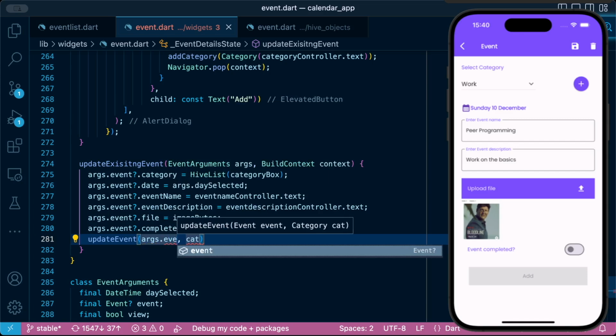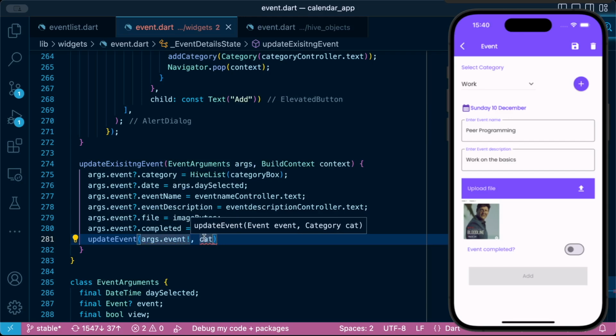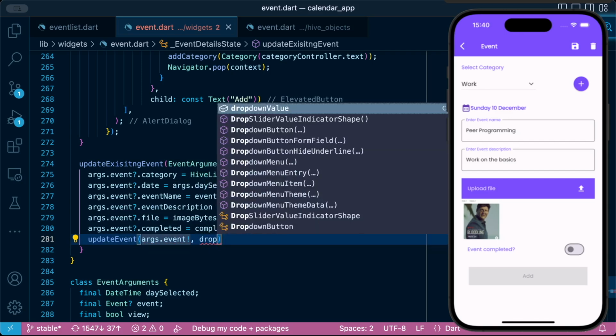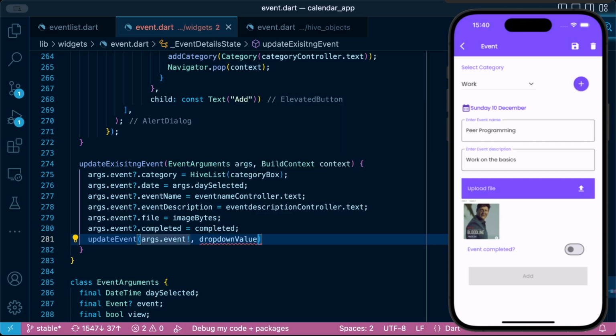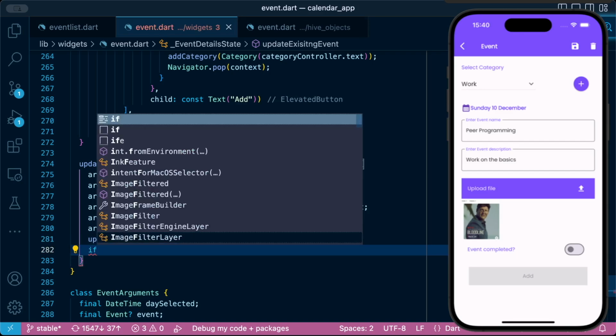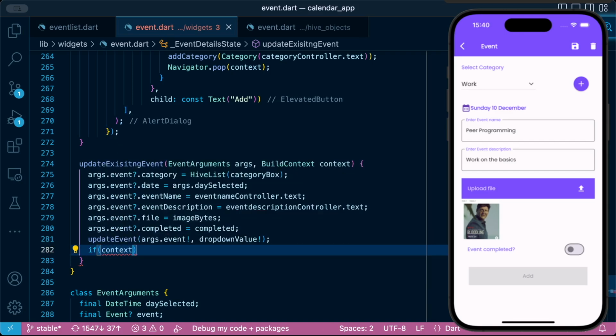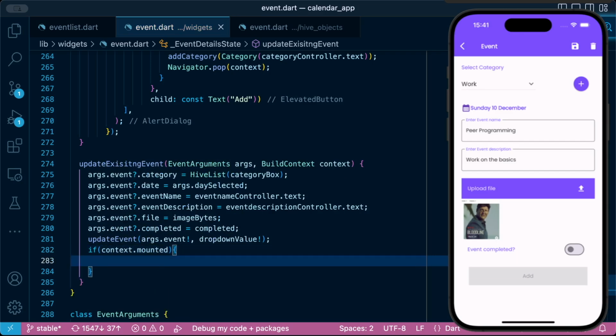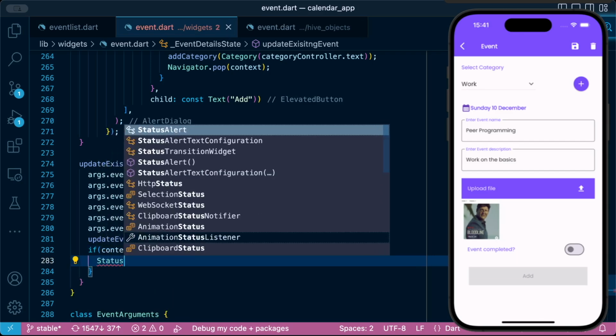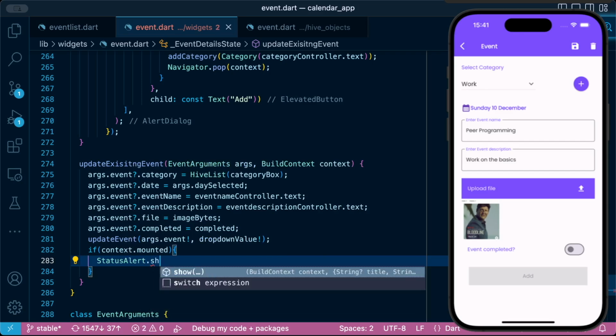new event, the updated event object. And then for category, remember we're passing the category separately, then we handle it in the update event function. Now that we have done that, we just want to add a message to send a message to the user. Simply dot show